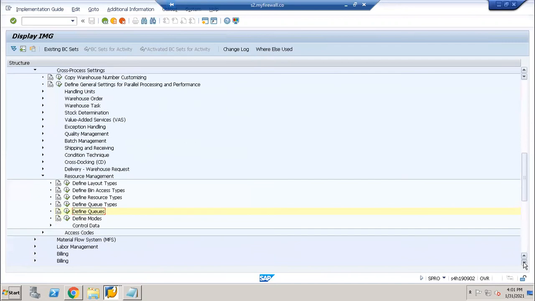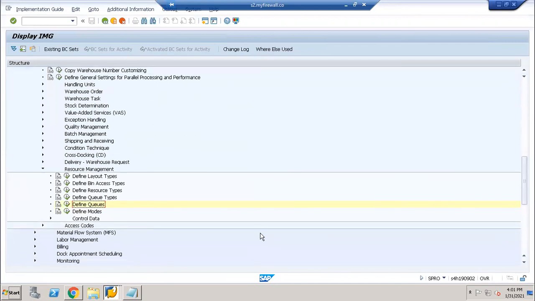Some modes are specific scenarios. They are not used in the RF area, but these are the usual RF area activities: resource type, queue types, and queues, and also defining the specific determination criteria for queues.